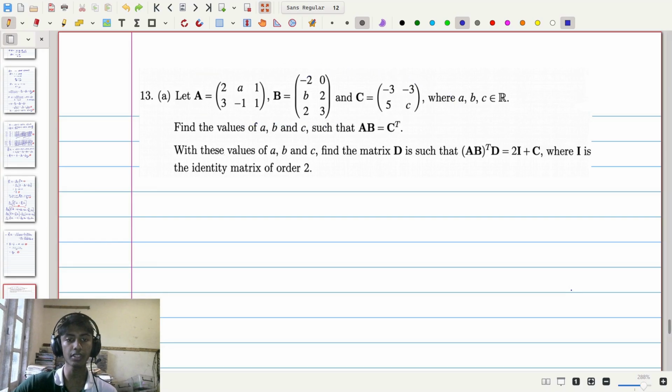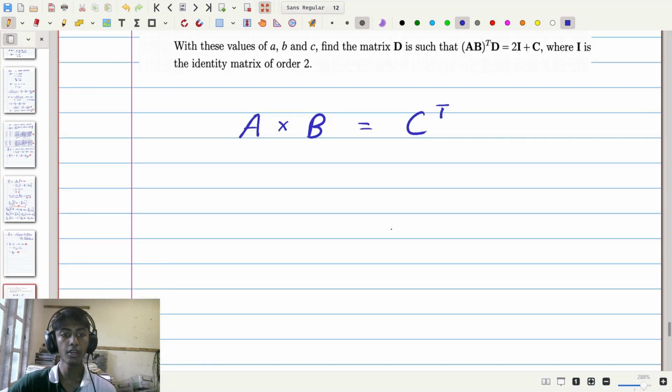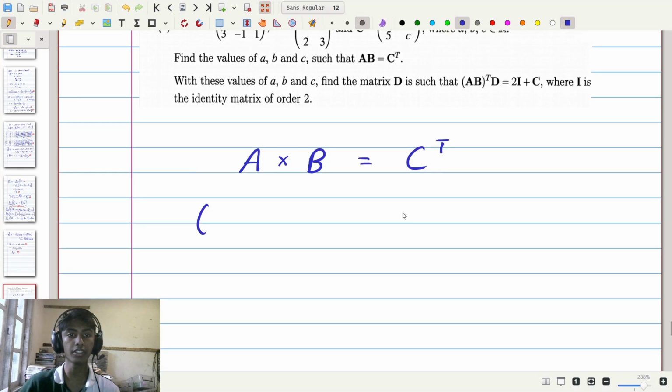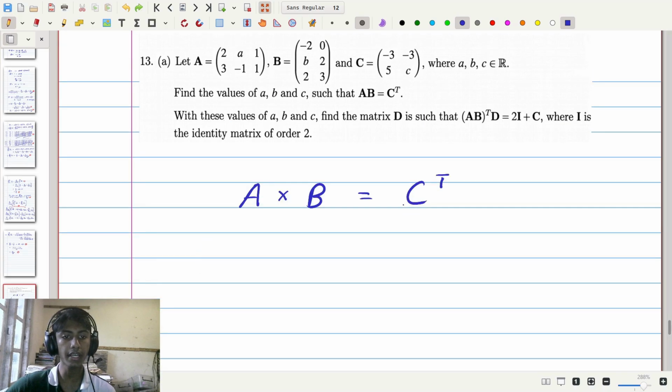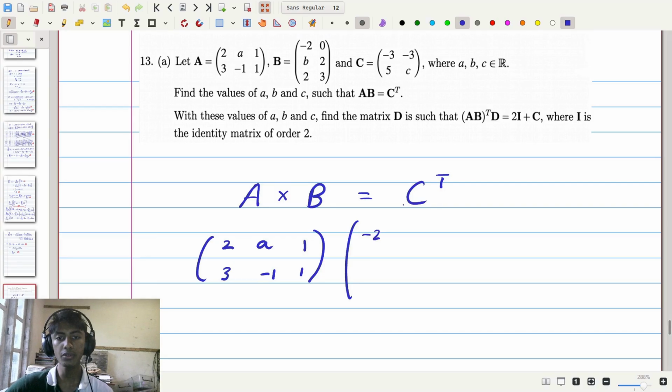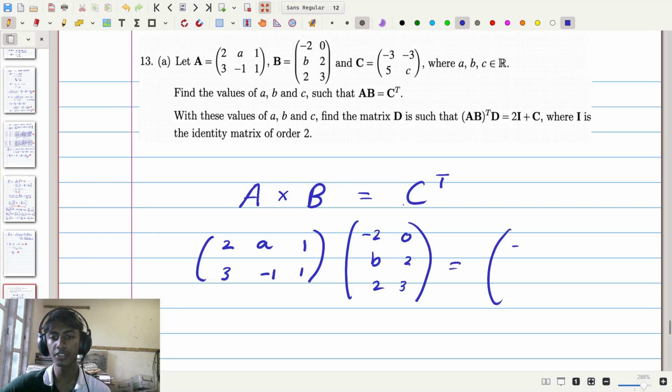Writing this down, for capital A matrix we have the matrix 2, A, 1, 3, negative 1, 1, times the other matrix, which is the 3 by 2 matrix, negative 2, 0, B, 2, 2, 3. And that is equal to C matrix transpose, which is the matrix negative 3,